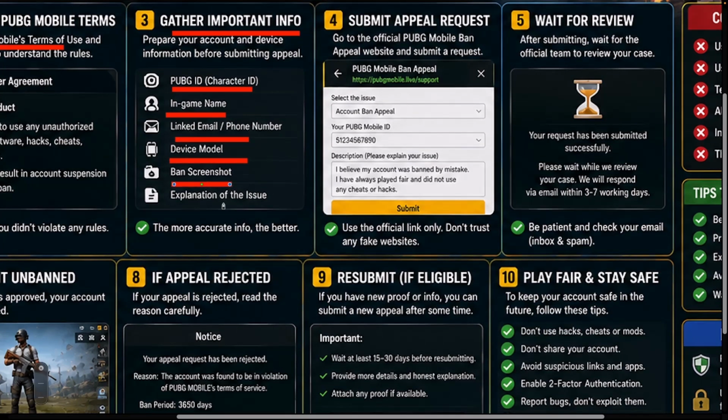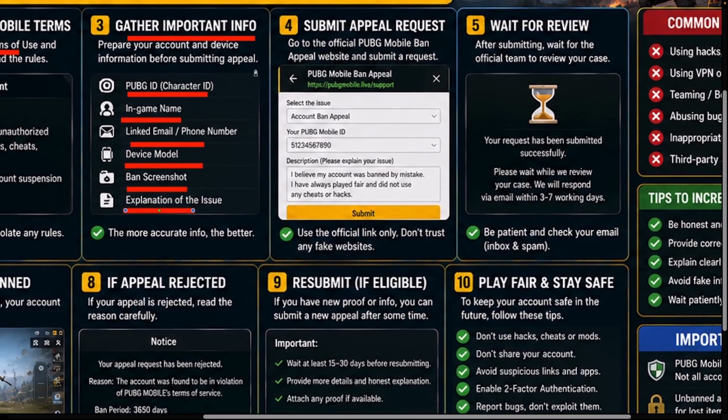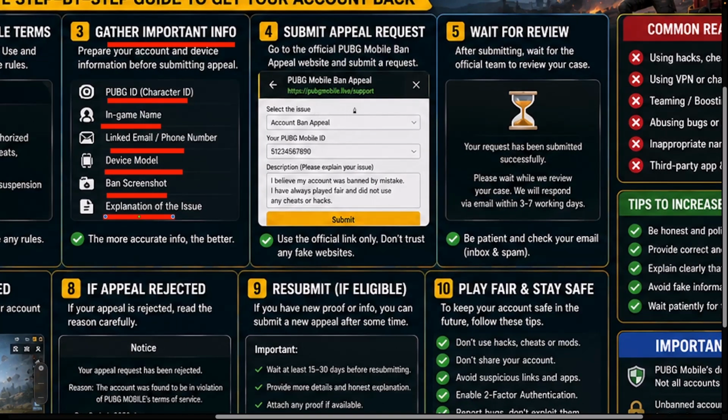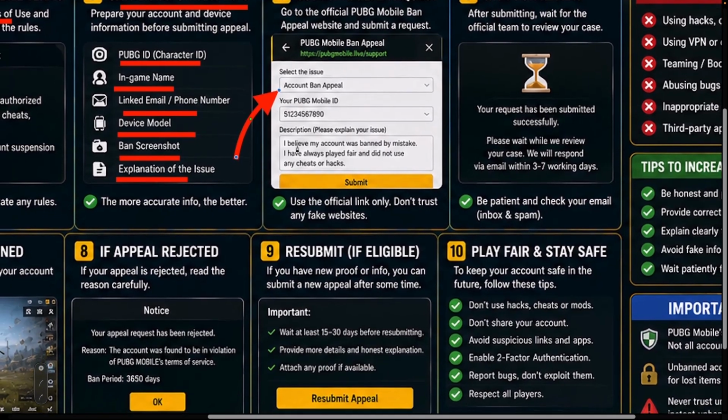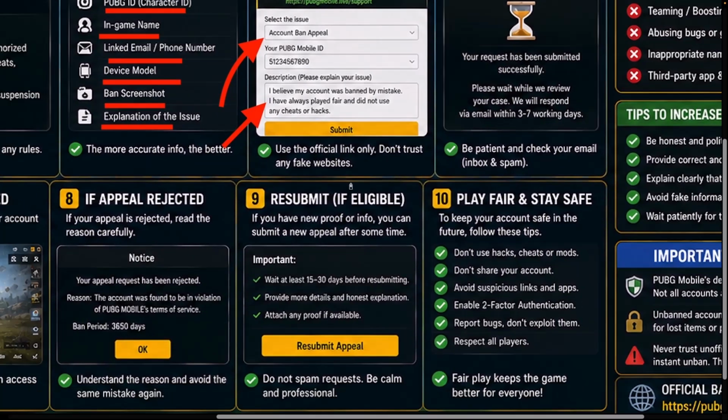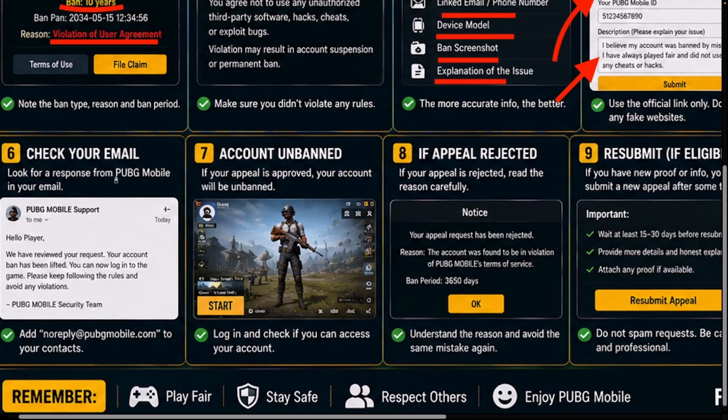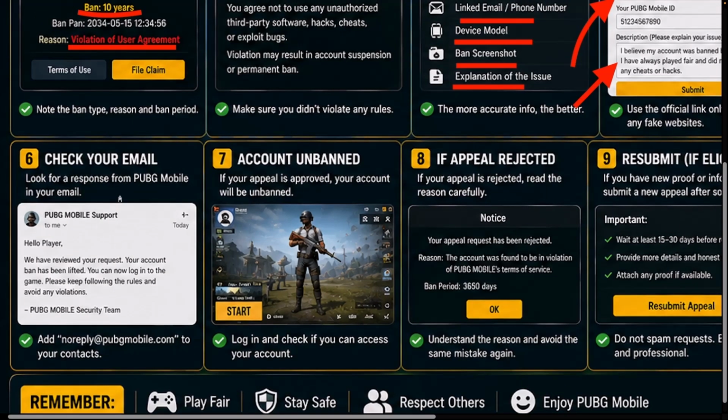device model, ban screenshot, explanation of the issue, and simply go to pubgmobile.com/support, and then this is where you want to simply click on the issue as account ban appeal and simply explain your circumstances. Once they've reviewed it, then if you have been mistakenly banned, then your ban will be lifted,